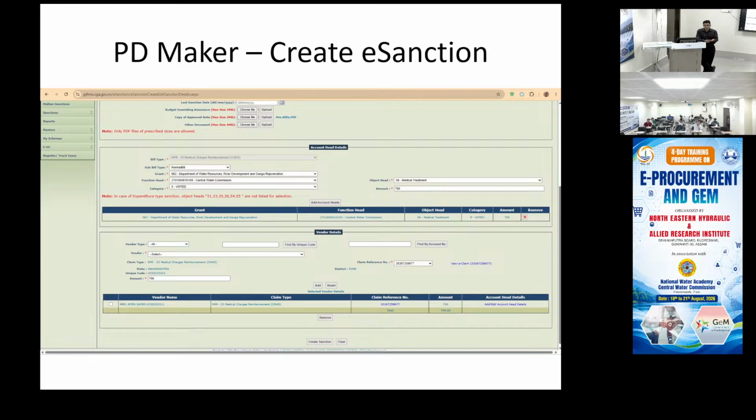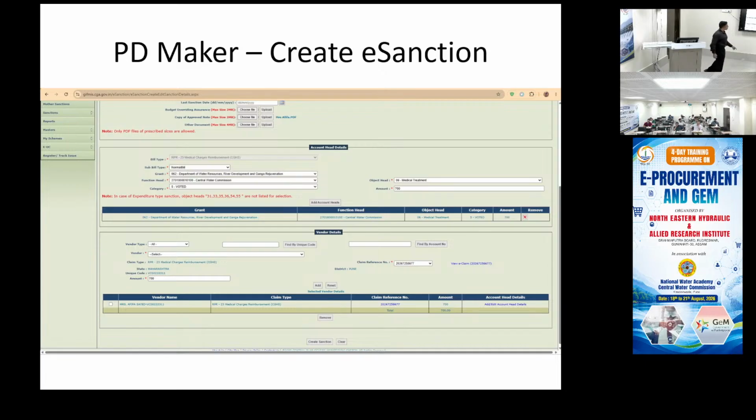I don't know about, you are saying you have only one particular function head, no? That is R&D, RBM, and the other one is installation. Okay. So you will have to see whether that is one scheme or both are two different schemes. Generally you will have one scheme head and one non-scheme head, and both may have medical object heads, okay.